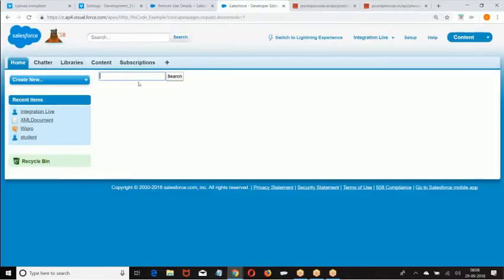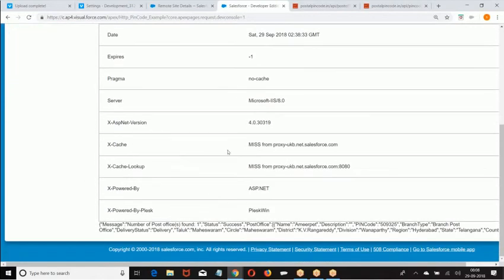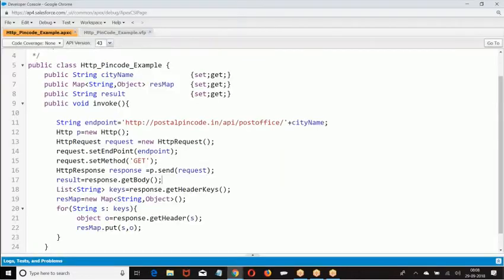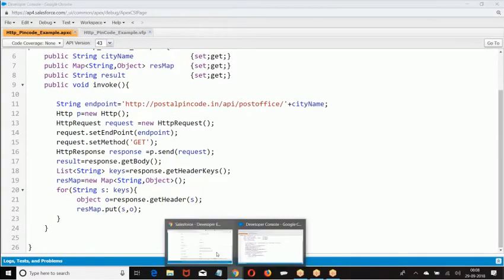So go back to the header element. At the bottom, what did we receive here? It is in the form of JSON. If it is in the form of JSON, what should I do? I need to read the pin code value. So how do you read the pin code value? I don't want the entire data. See, now whatever response you received,